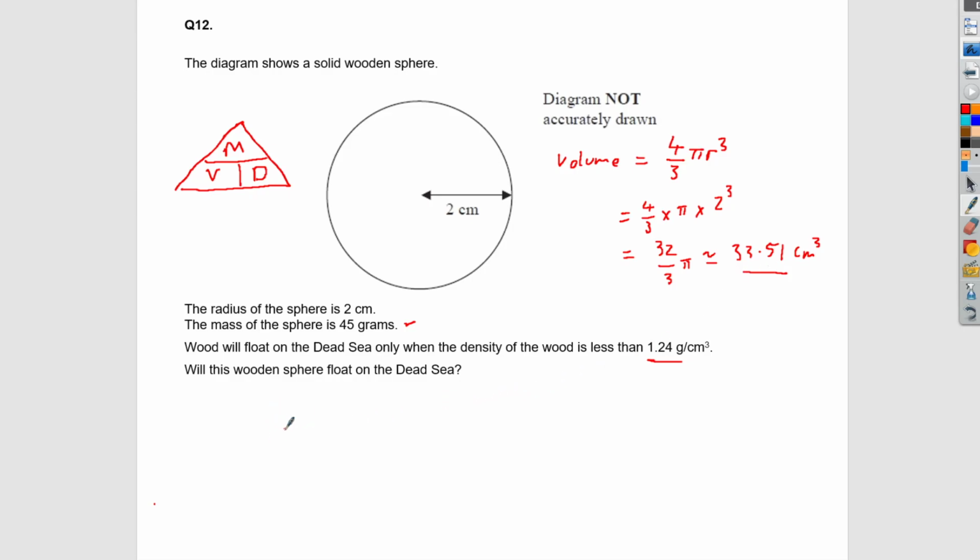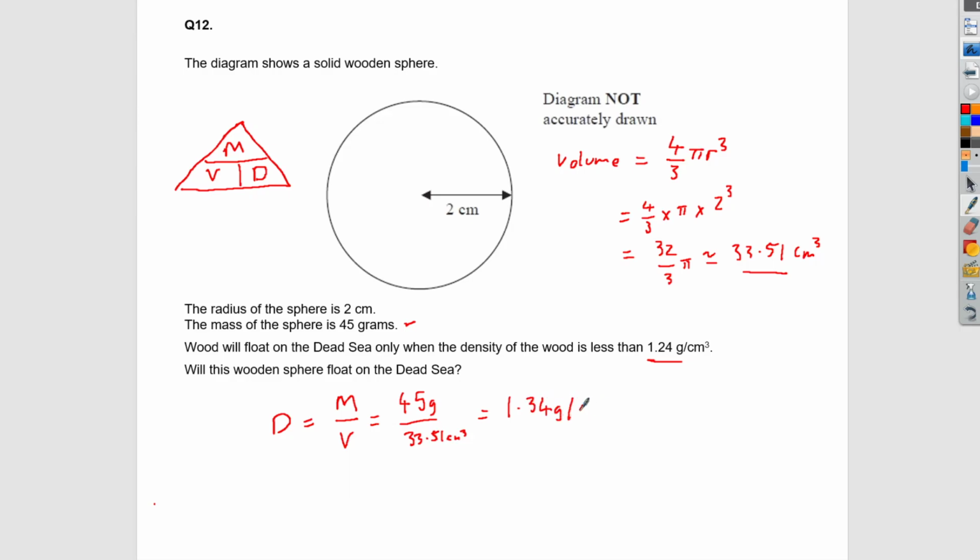So if I need to work out what the density is, I'll put my finger over D. That tells me density is equal to mass over volume. I know that the mass is 45 grams, and we have just calculated the volume, which is 33.51 centimeters cubed. So if I do 45 divided by my answer from the previous calculation, I will get, to 2 decimal places, 1.34